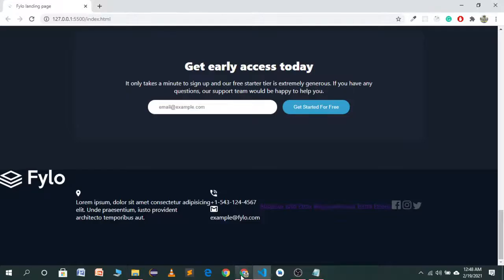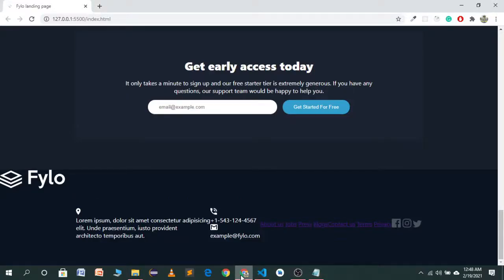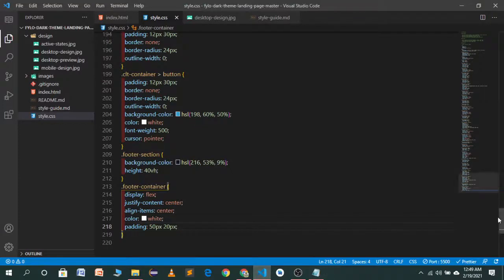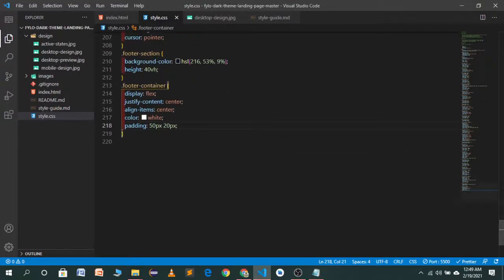I hope it will look good. So it's looking good. We just have to give a padding or margin top to our logo.